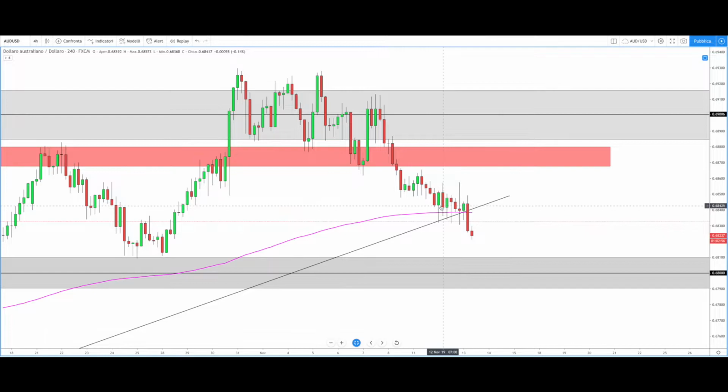So the price failed to go lower, and here the price has formed many lower shadows that for me are a clear bullish signal. But we can see that this morning here the price has formed this huge bearish engulfing candle that bring the price to break all three confluences, because the price here break this 200 period MA and the bullish trend line, and here the price has completely destroyed this key level here, 0.6830. So for me now the price is ready for another test of this key level, 0.68,